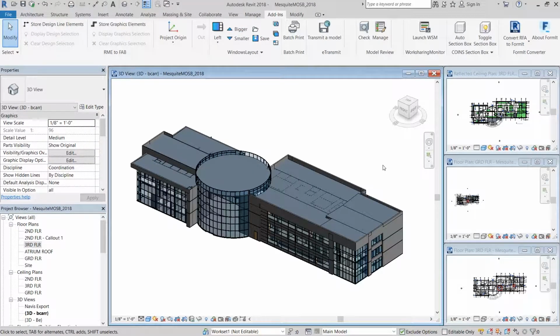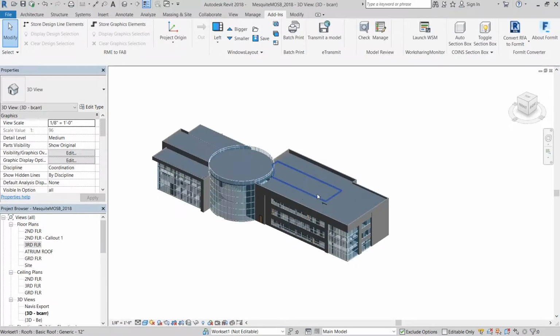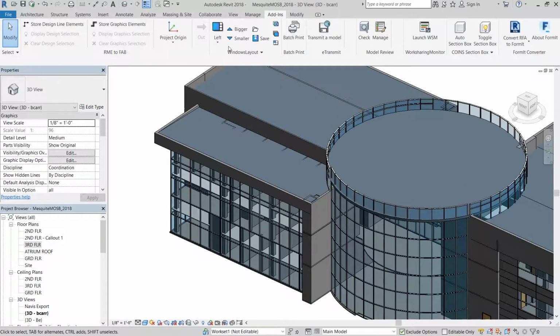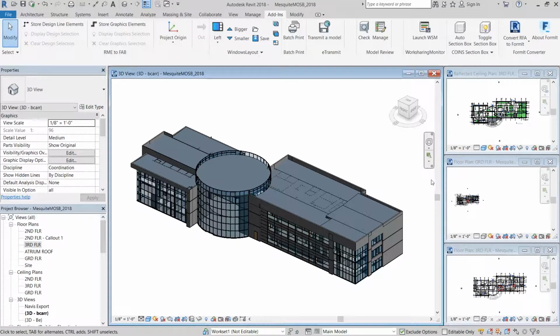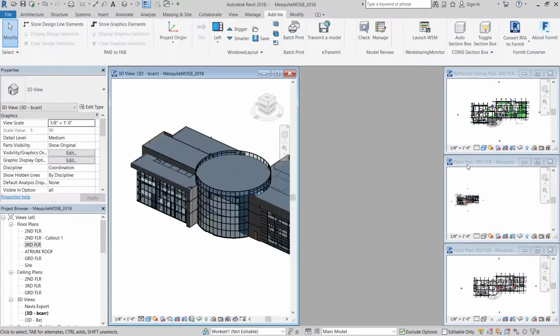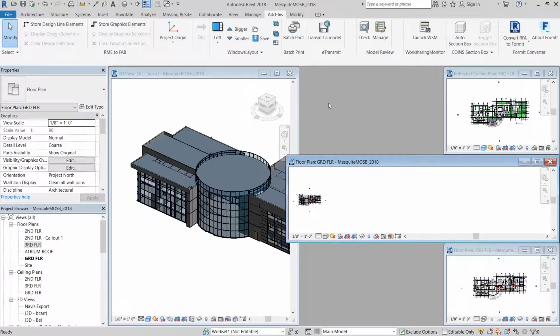Another time-saving feature it has are these save and load buttons. If I find a particular layout that works for me, I can always hit the save button and then play around with that view and zoom into it. But when I'm ready to go back to the layout, I can just hit load and it restores my previous Windows configuration. Also, if I ever maximize one of the side views, hitting load also takes me back to the